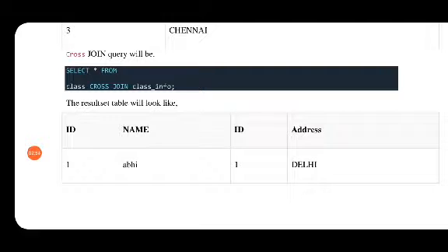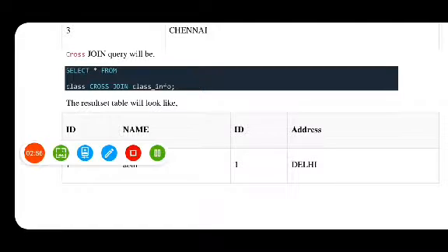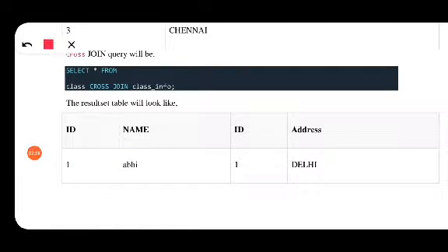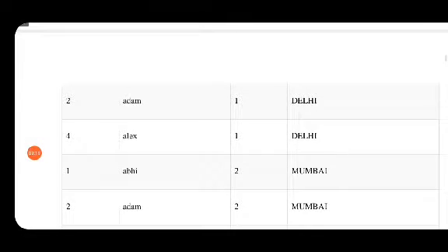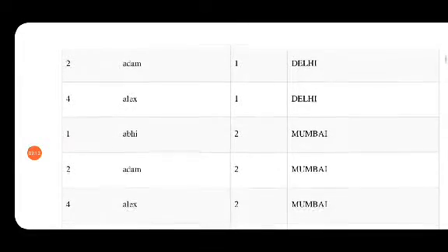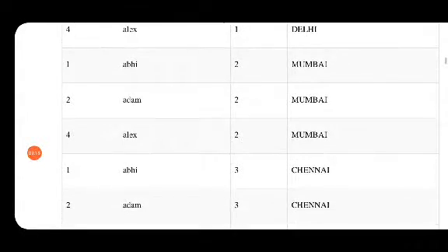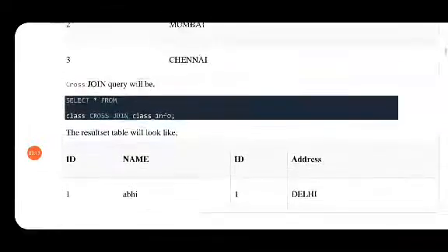The first table has come on the left side as ID name, and the second table, the info table, has come on the right side. And then all the values you will get as 1 Abhi, 1 Delhi, then 2 Adam, 1 Delhi, 4 Alex, 1 Delhi. So that means it is basically one with everyone.